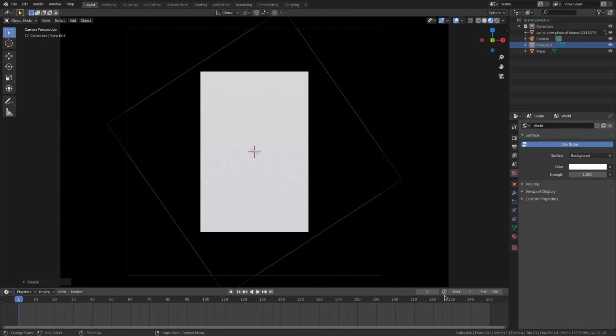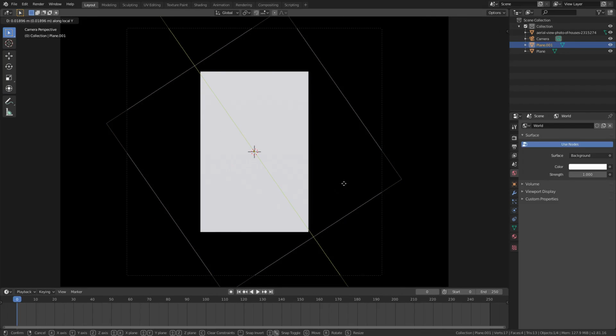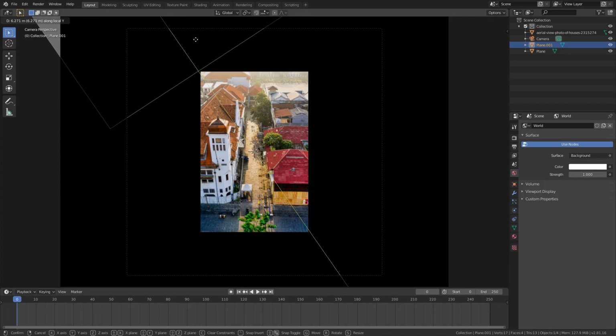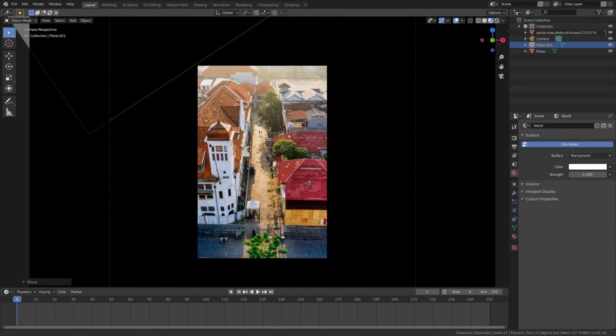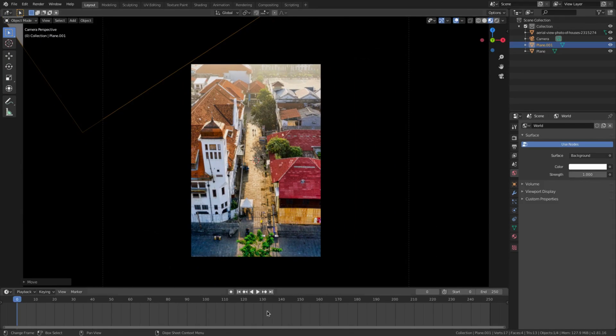Now I want to change my start frame to 0, of course, and then we'll go ahead and hit this little back arrow to go to the first frame. I'm going to hit G and double tap Y to move this plane back right there. So just off the edge of the corner there, so we don't need it anymore for a second. And then what I'm going to do is go to maybe frame 100 and hit I,